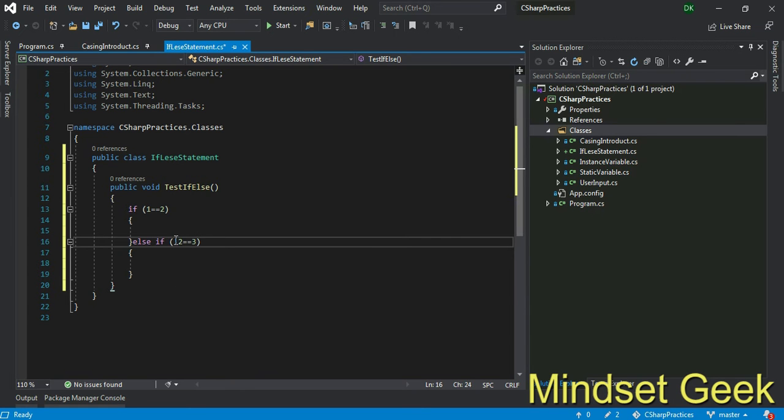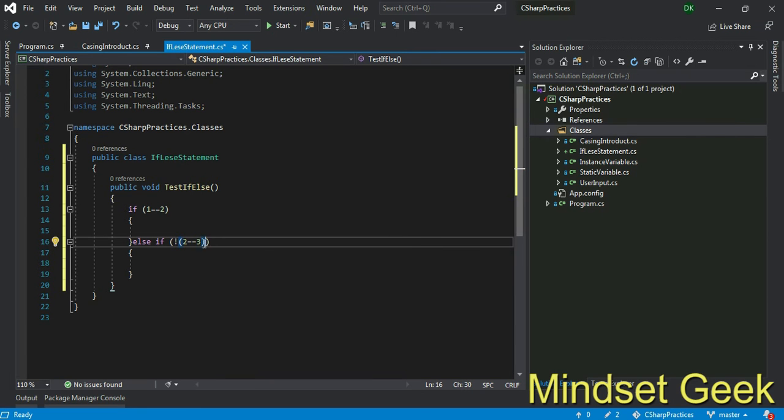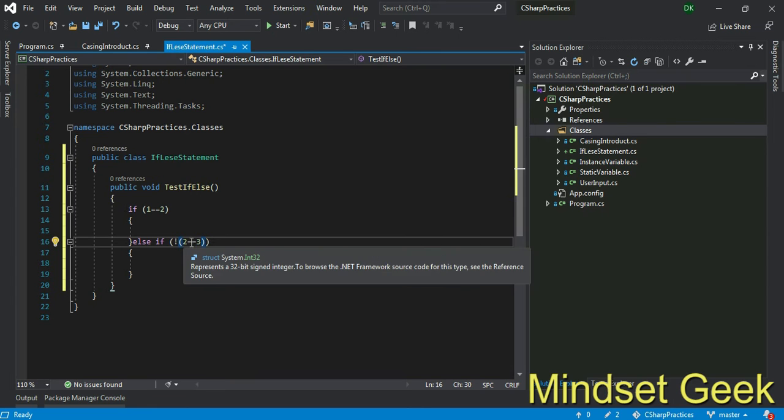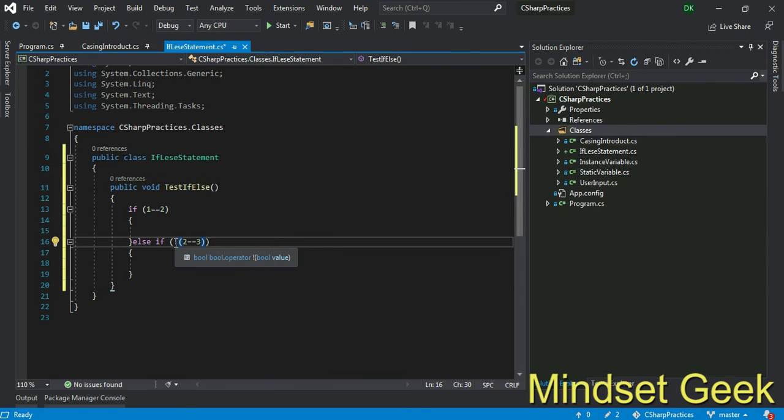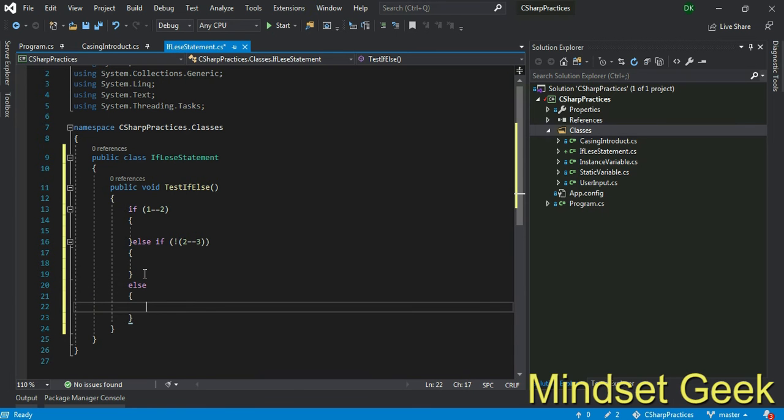You can use this way also. 2 equal 3 is false, not false equals true. Then execute this command, right? We can use an else statement. If any condition is not matched, it automatically chooses this path, right? Remember this thing, right?